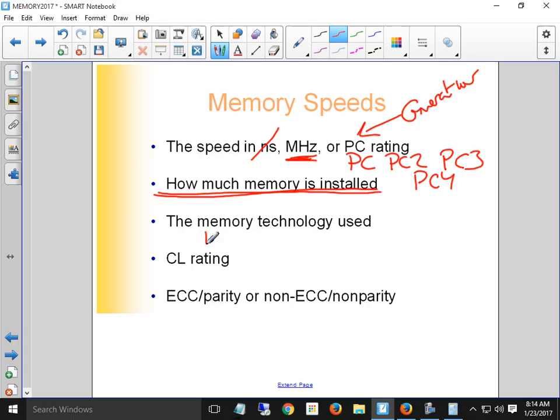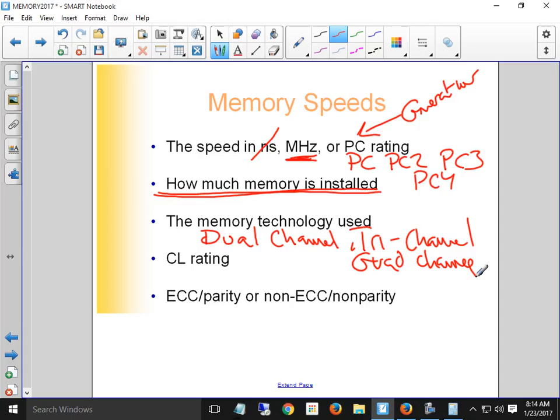Most RAM in motherboards does dual channel, some of them now do tri-channel, and some of them do quad-channel RAM. That's one. So that's an L. That's a new memory technology that's evolved, and what it really means is that